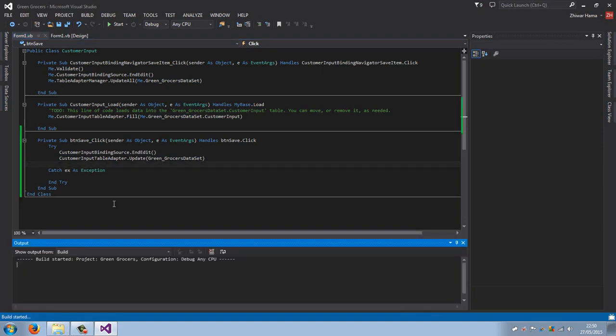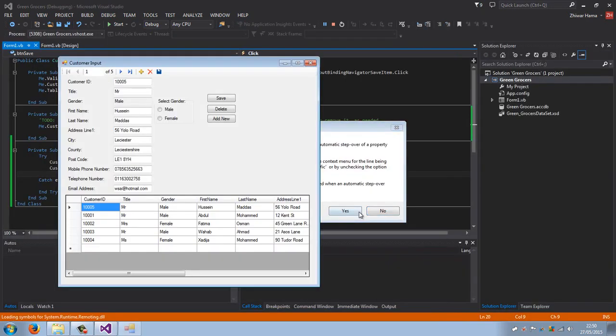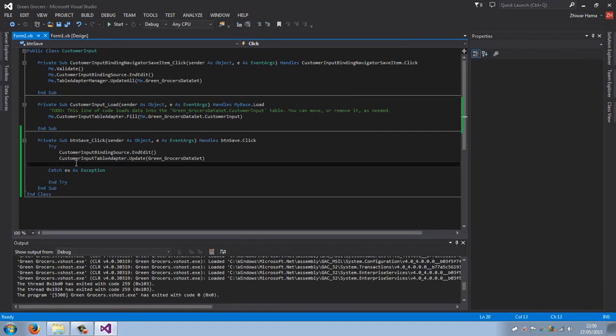Now, I wish I didn't build it. Okay, as you can see, it works so far. Alright, now